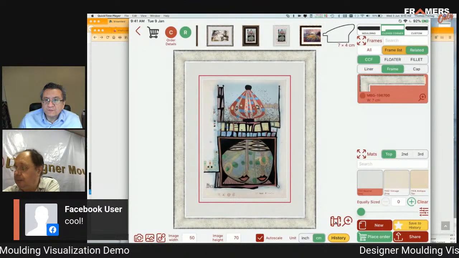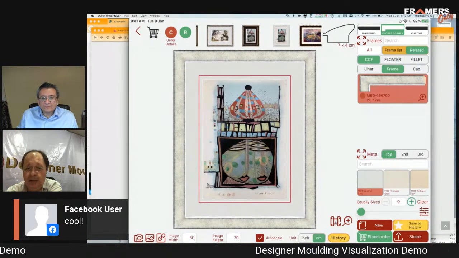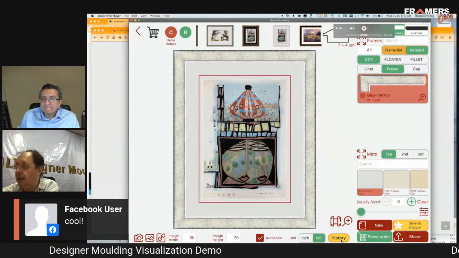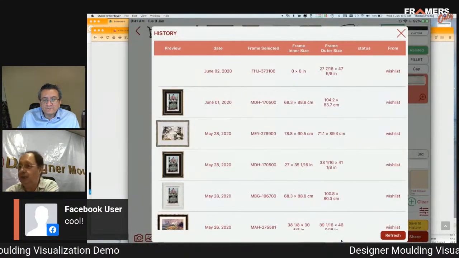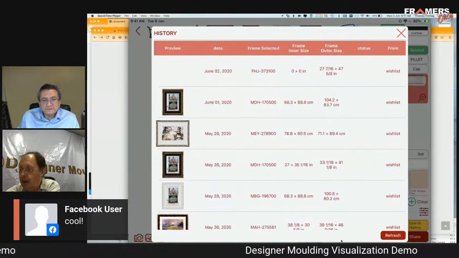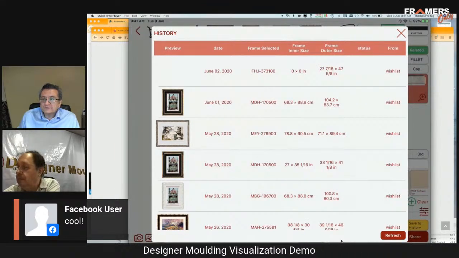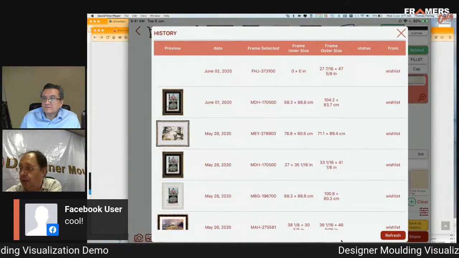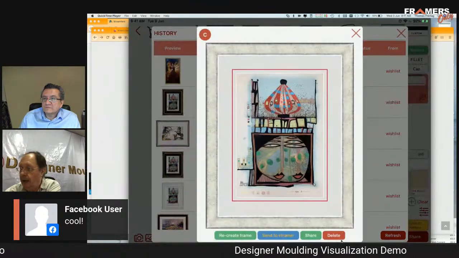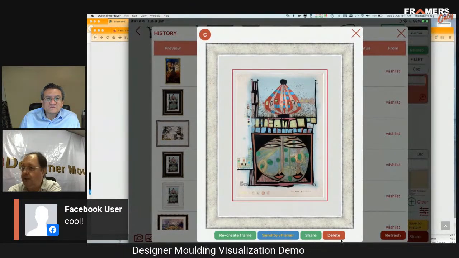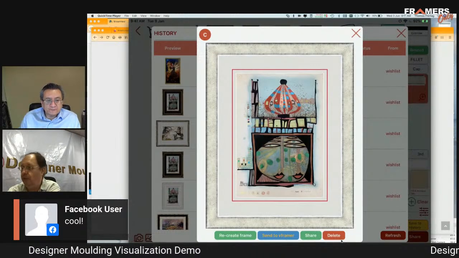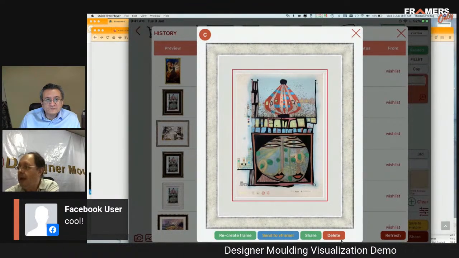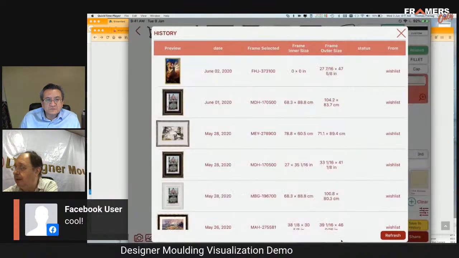You go here to the button for history. You see this button, history. You click it on, and here is your history coming up. Then you call the history. Let's say you call this one, and then it says send to VFramer, which is the virtual framer for public use. After you send it to VFramer,